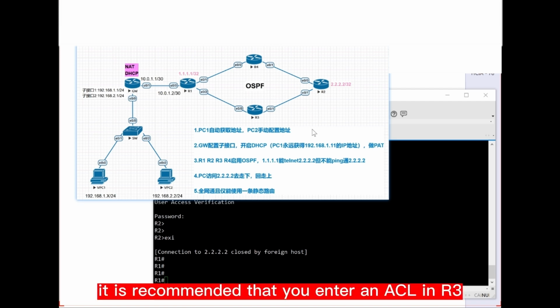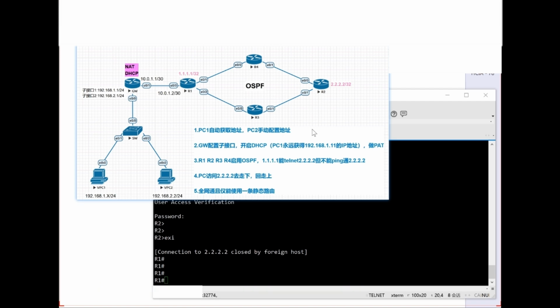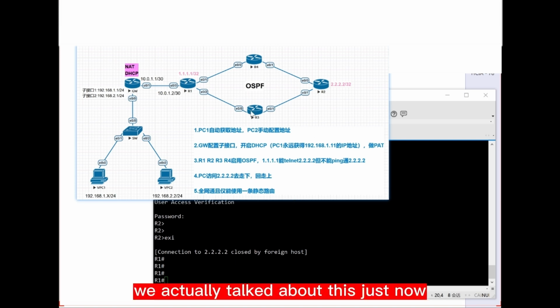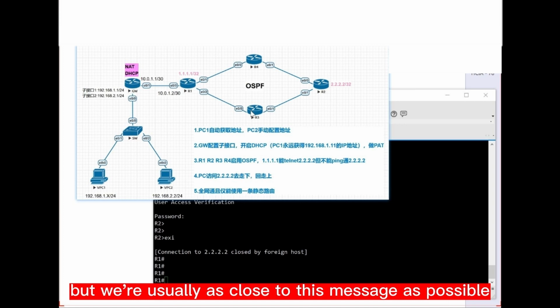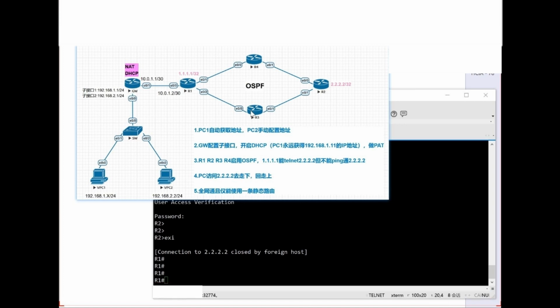It is recommended that you enter an ACL in R3, then go to filter ICMP traffic from this 1.1 to 2.2. We actually talked about this just now. In fact, it's okay for you to do it in R2, but we usually do it as close to the source as possible. Don't be the last to do it. Do it before. But I tell you,